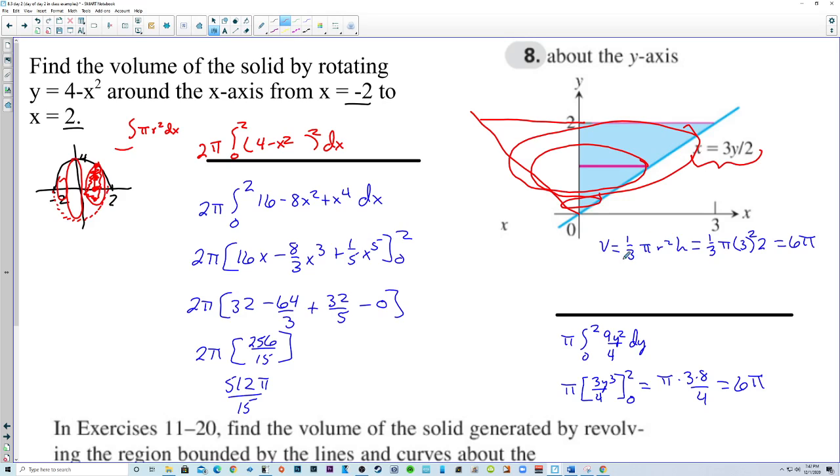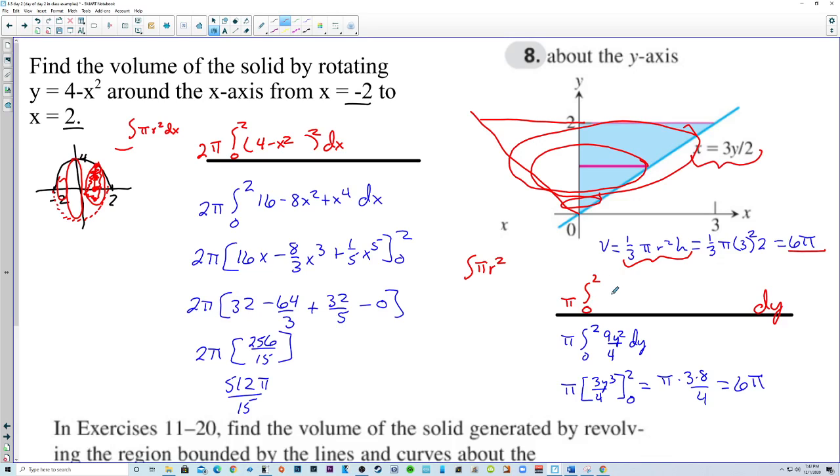So we have a formula for a cone, and it's 1/3 pi r squared h, and the volume is 6 pi, but this is calculus, and we're going to use calculus to find this answer. So the cross sections are still circles, except they're stacking up along the y. So we're going to integrate with respect to y, and we're still integrating pi r squared. We're still integrating the area, and the area is circles. So we're going to factor out pi,